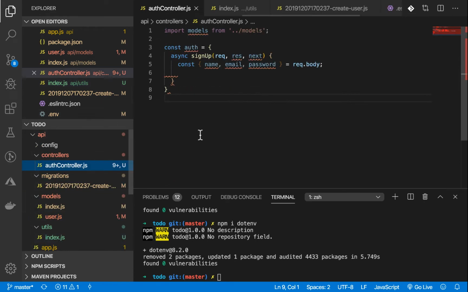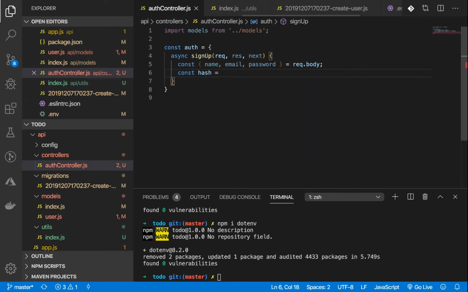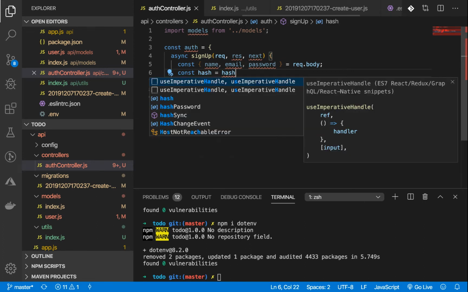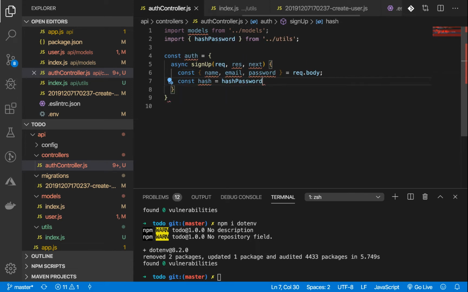Let's go to the auth controller. We're going to use that bcrypt guy. First of all, we use the hash function of bcrypt here. So we're going to do const hash equal to hashPassword, taking in our password and returning the hash. So that's our hashed password. So now we're going to do